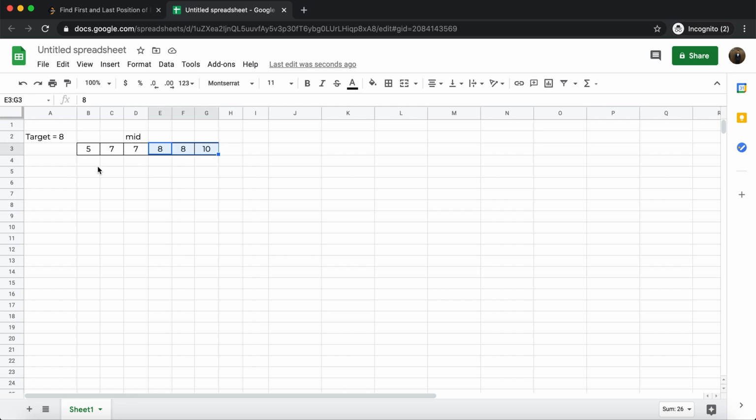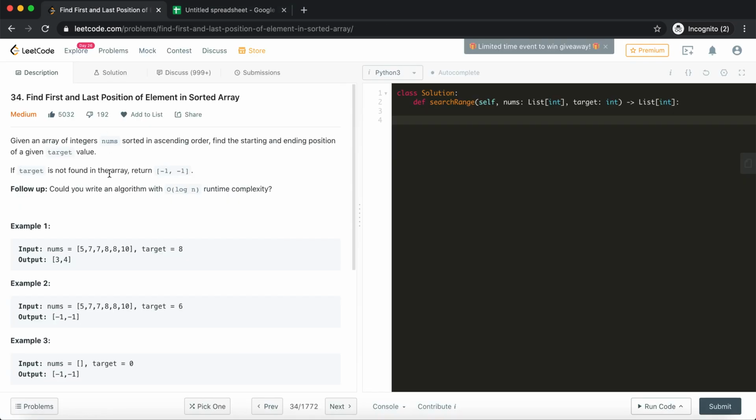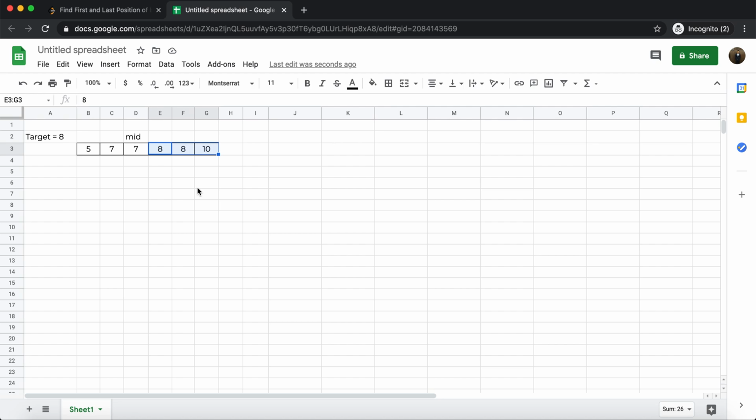In either case, the array got reduced to half, right? And similarly in the next iteration, the array will reduce even further, to a quarter. That way, the search space becomes shorter and shorter pretty quickly, and that's where you achieve O(log n) runtime complexity. So that's where binary search helps.